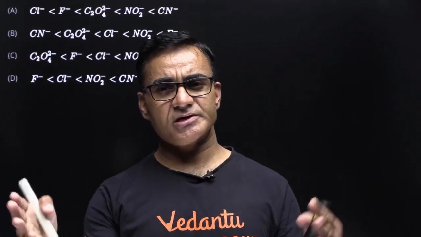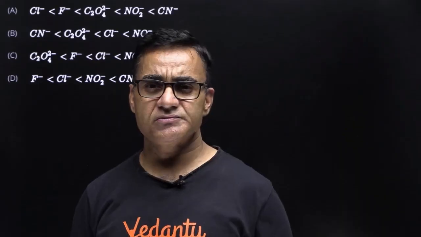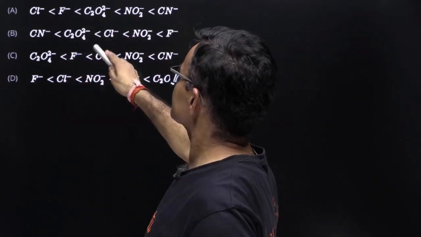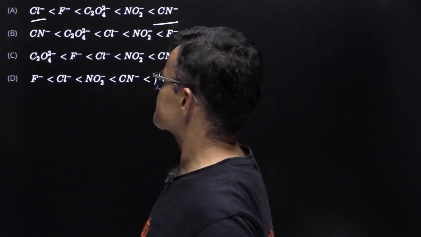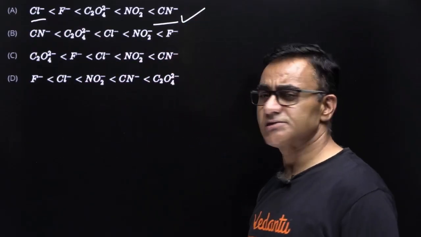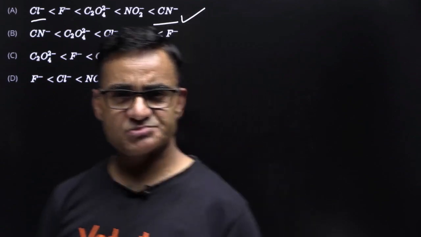ये क्वेश्चन बेसिकली इस बात पे बेस्ड है कि स्पेक्ट्रोकेमिकल सीरीज में डिफरेंट लिगेंड का रिलेटिव स्ट्रेंथ किस सीक्वेंस में होता है। तो जो गिवन नंबर ऑफ लिगेंड्स है उसके अंदर क्लोराइड आयन लीस्ट होता है, साइनाइड स्ट्रॉन्गेस्ट होता है। तो कुल मिला के यही सीक्वेंस परफेक्ट सीक्वेंस है, बाकी सब गलत है। तो ये एक्सपेरिमेंटल फैक्ट पे बेस्ड है,